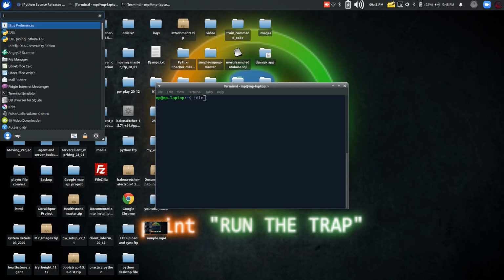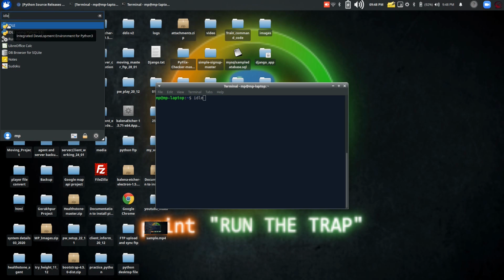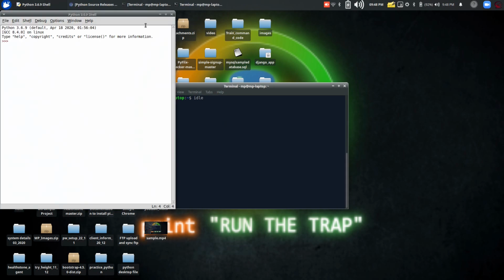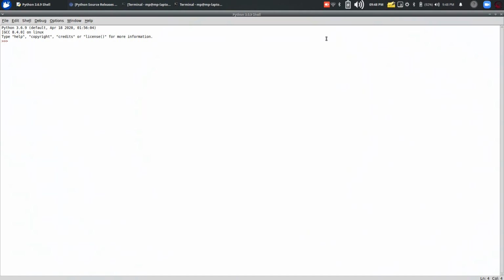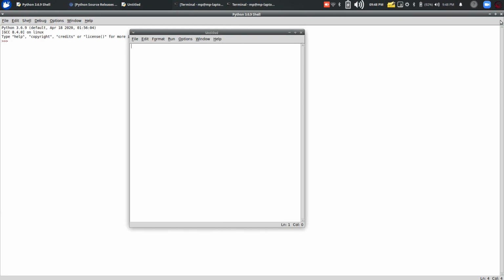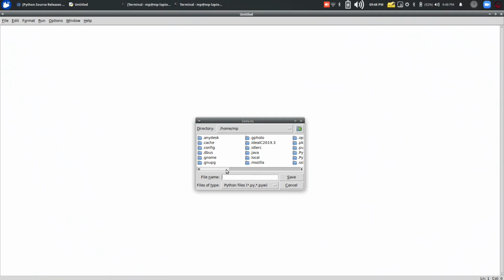For Windows users, if you type that in the search bar, you will get the IDLE here. By opening that, you can run a Python file. When we launch that, here we will create our new file and write our first program in Python. File, new file, you can close that window, Control S. I'm saving it on my desktop. If you want, you can save it anywhere, like create a separate folder. I am on my desktop, so I'll save it as